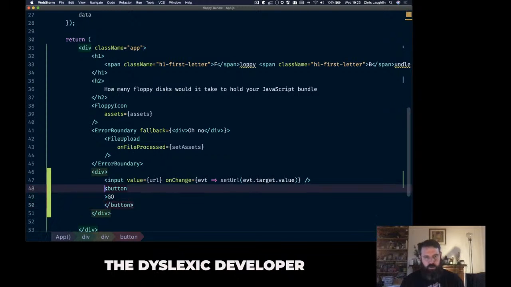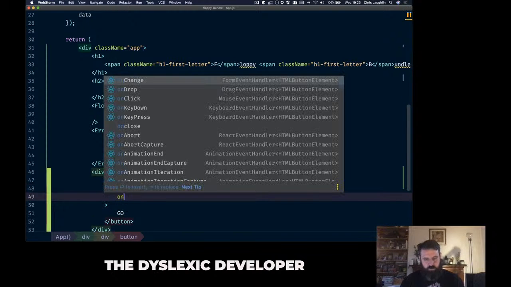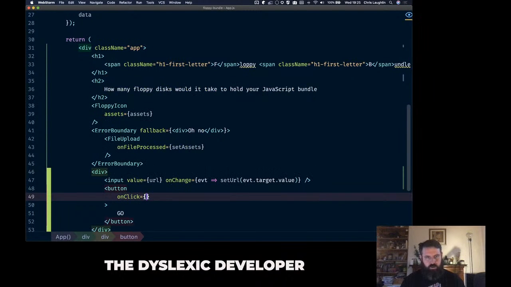So our button's going to have to trigger our action for us. So on click,